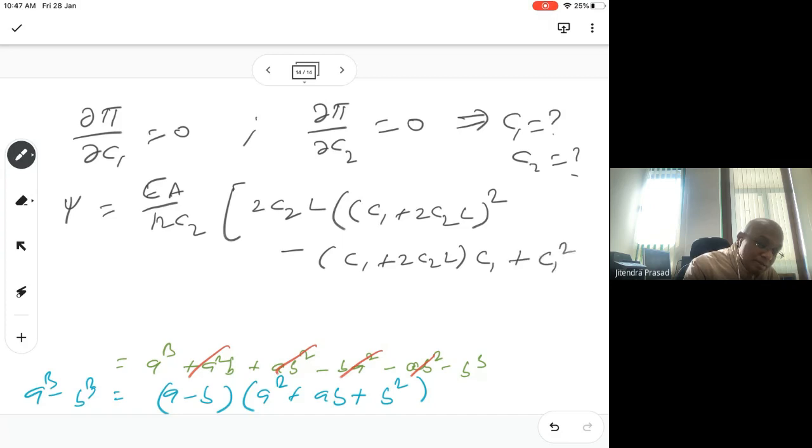Plus C1 square. So you have C2 here, this will cancel out, and you get here simply